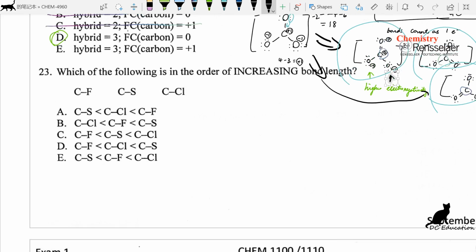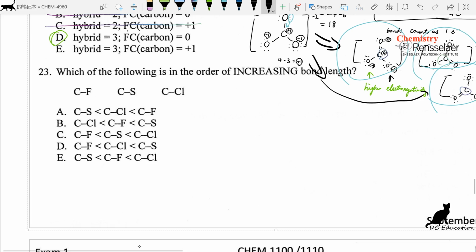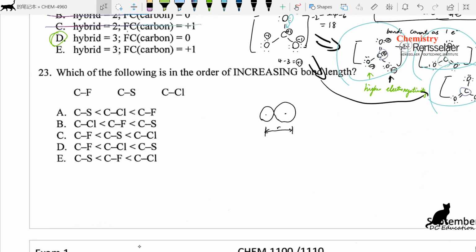We're on question number 23. It says, which of the following is in the order of increasing bond length. In molecular geometry, the bond length is defined between the two nuclei of the atoms, the distance between the two nuclei. And so it's related to the size of the atom,